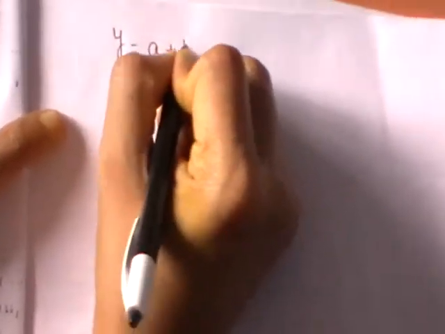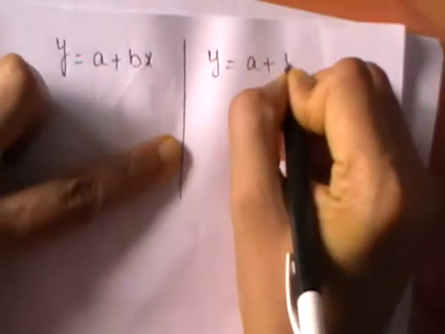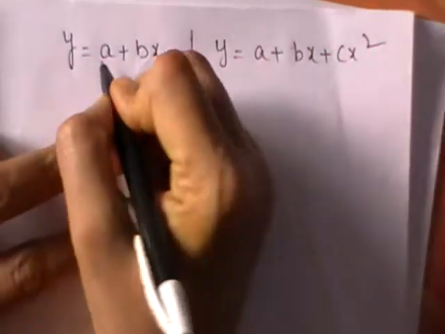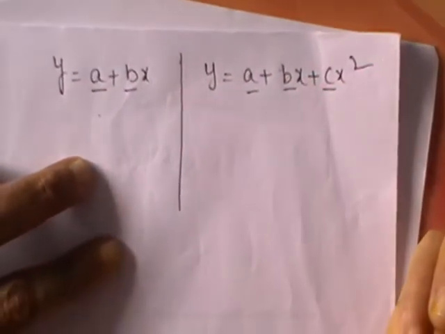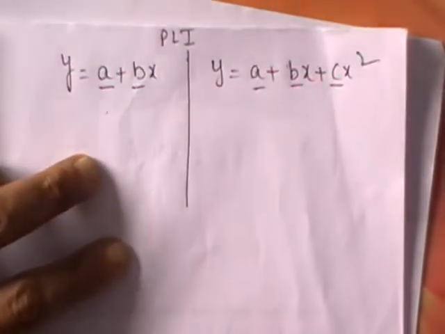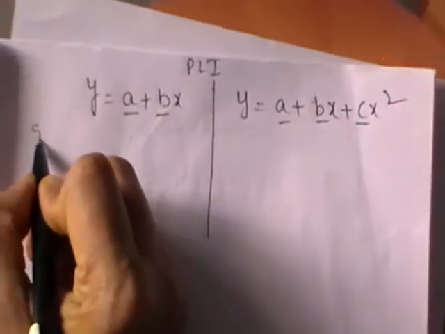Girls, now listen how to write the normal equations directly. As of now, we have discussed two fittings, a plus bx and the other one a plus bx plus cx square. What is your objective in curve fitting? You need to find out these two here, or these three here. How do you find out those? By using the common principle called PLI. So what does the PLI state? To minimize S.